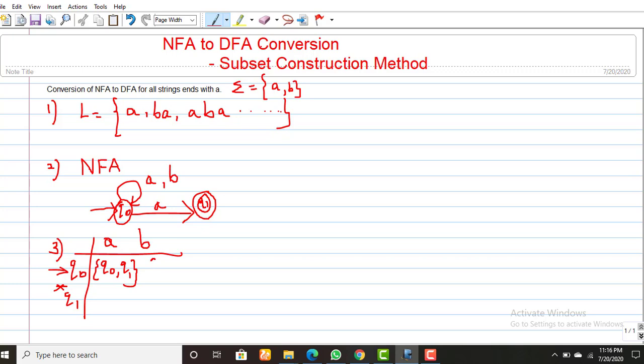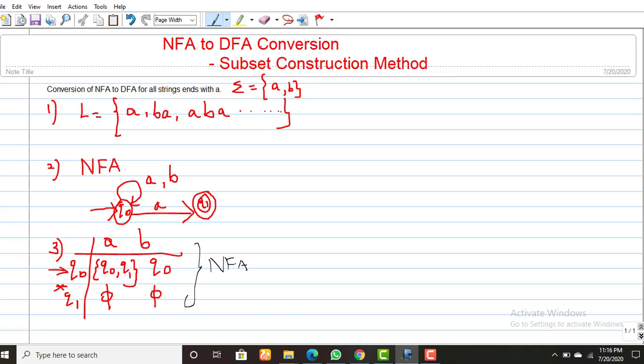On receiving B, it stays in the same state, and from Q1 on receiving A there are no transitions, so I just add phi here. This is the transition table for the NFA.